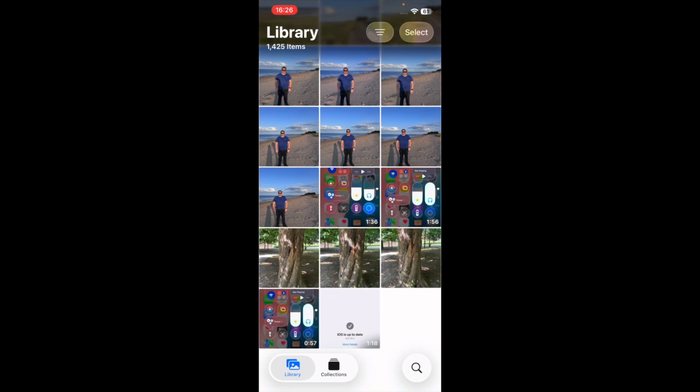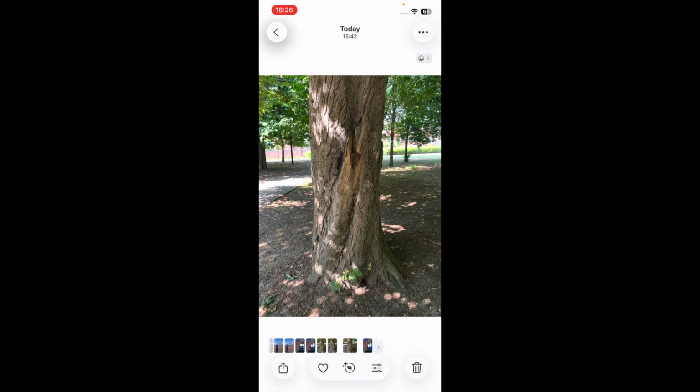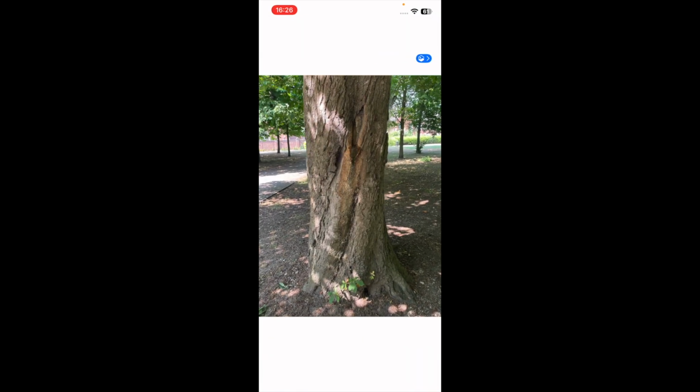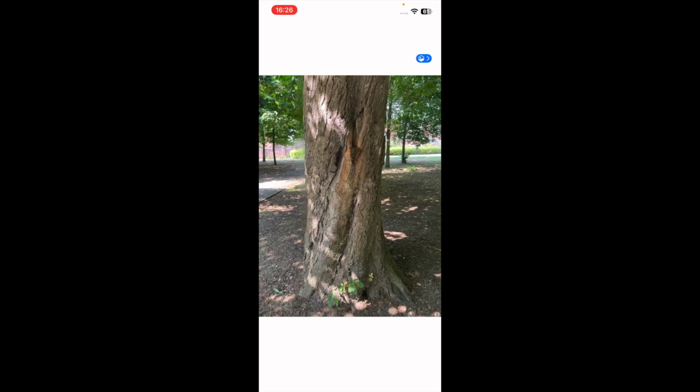One last thing to show you, which I think is probably actually the main feature. So I say it's one last thing, but it's maybe one of the main features in this year's updates, and that is spatial scenes or spatial photos. So I've just taken this photograph of the tree in the park. So under those 3 dots there in the top right hand corner, you can press that little arrow and the little shield type icon. You can see spatial scene,